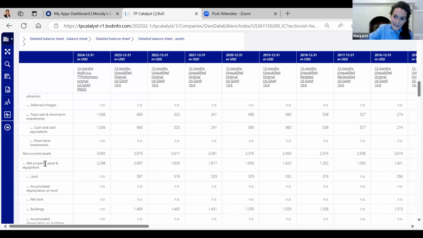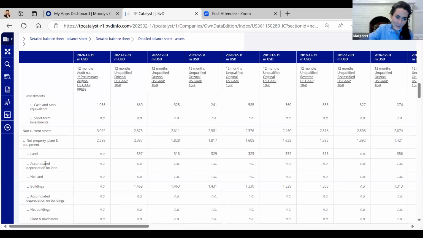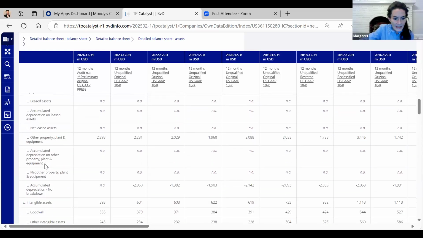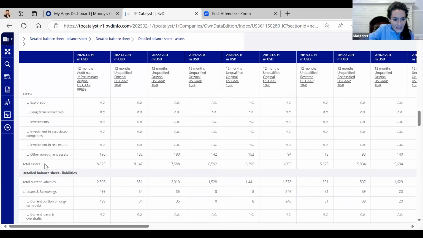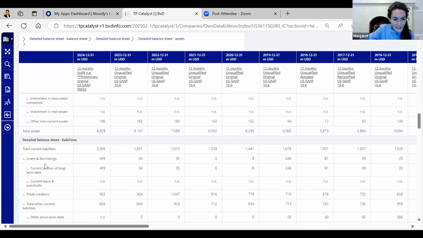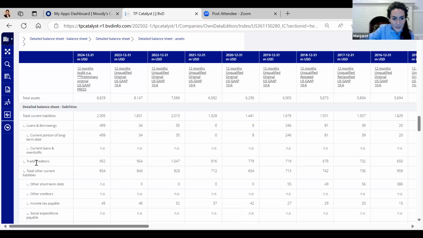Those are the assets in our working capital adjustments. And if we look in the liabilities, this is a little bit tricky, I'm not sure why we've done it like this, but net accounts payable is trade creditors. So the only thing to remember is that trade creditors and accounts payable are the same thing.